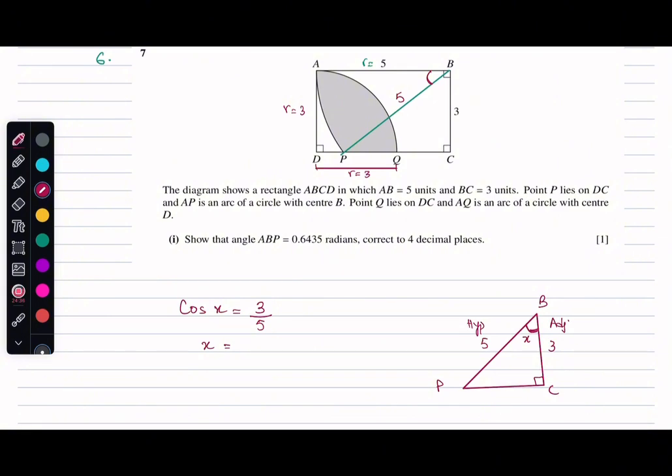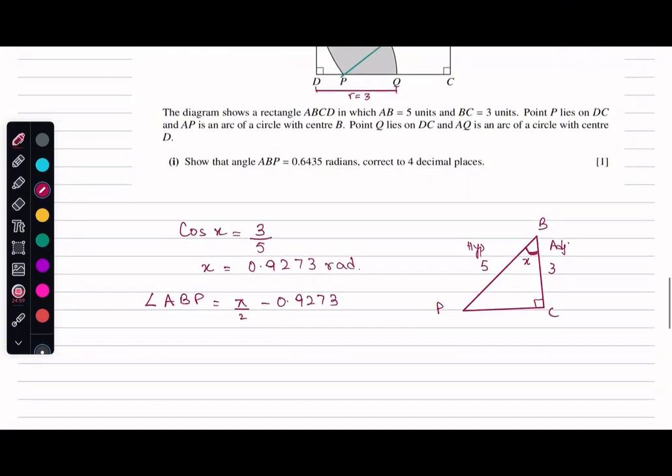So this value here comes out to be 0.9273 radians. From here, I can very easily say that the angle ABP can be represented as pi by 2 minus 0.9273. I have again taken rounded values up to 4 significant figures. In fact, because I want the answer up to 4 decimal places, I should be going for the angle value as